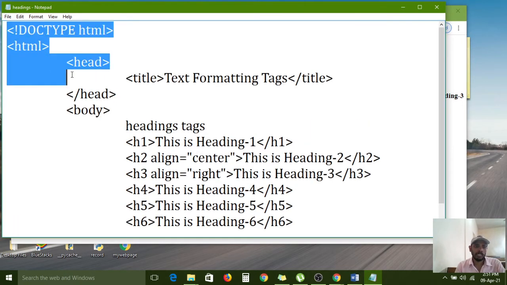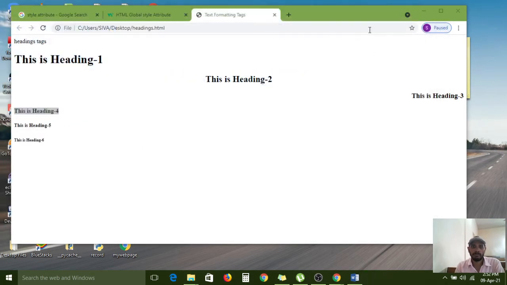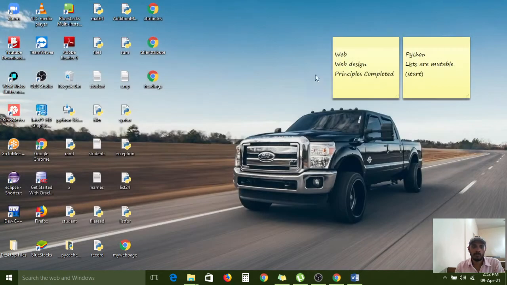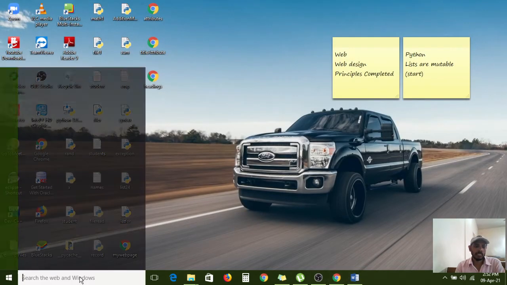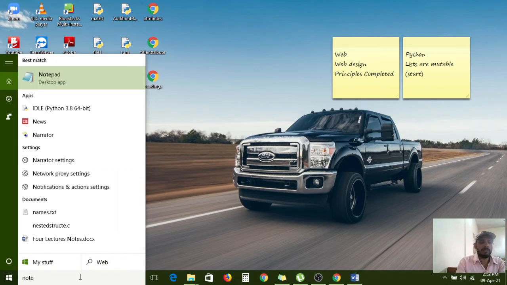The complete information I am configuring, I am copying here. Again I am closing this one, and this one I am also closing. Next, paragraph tags. If you want to type any paragraph, the P tag is very useful. For that I am opening one more notepad window.